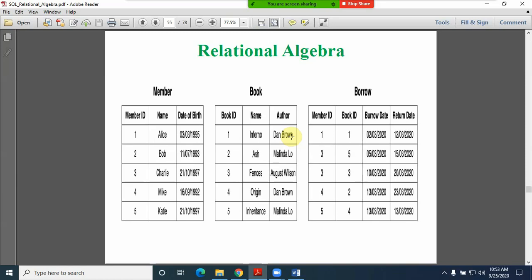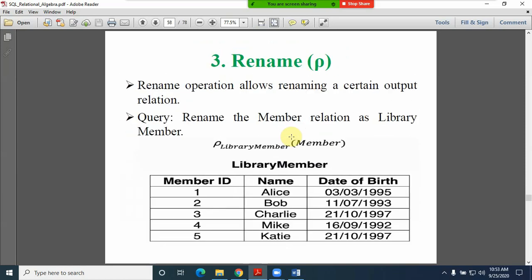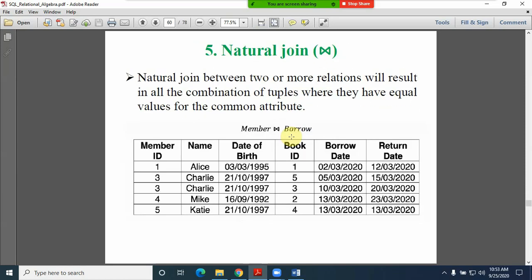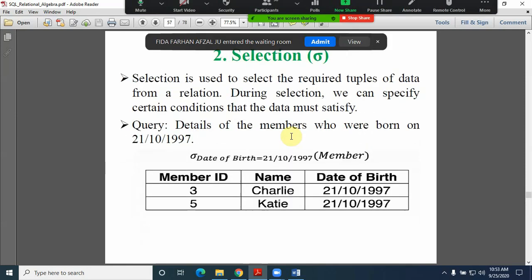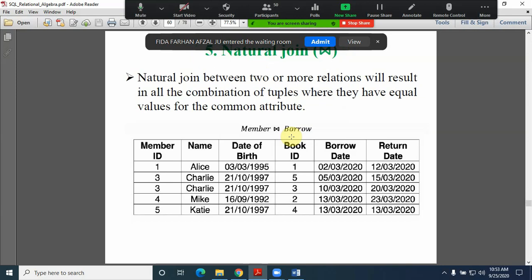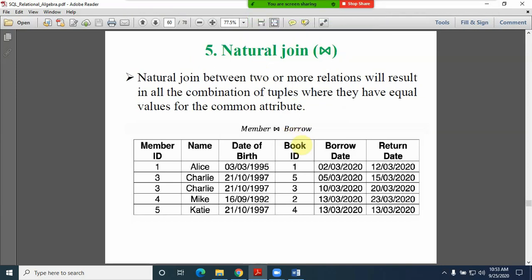But at the moment you observe these joins, friends, natural join, you could have observed some difference. Can you notice, friends, what is the difference? In the case of member we have 3 columns: member ID, name and date of birth. In the case of borrow we have 4 columns. Actually how many columns should be written? 7 columns. But now you can observe here, friends, in the case of the natural join we got only 6 columns, not 7 columns.